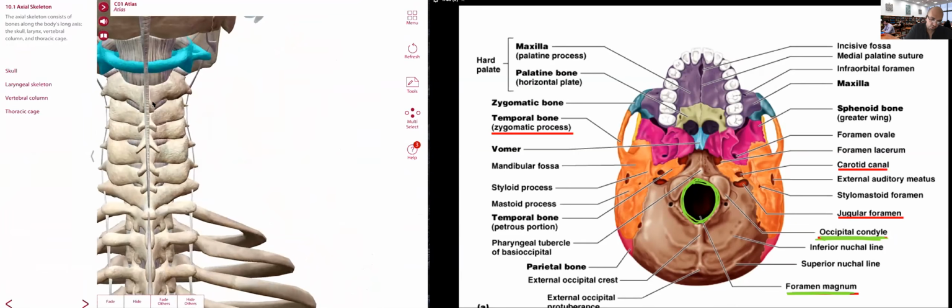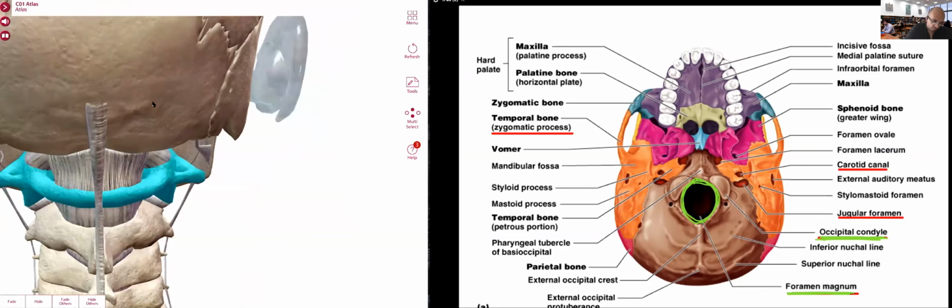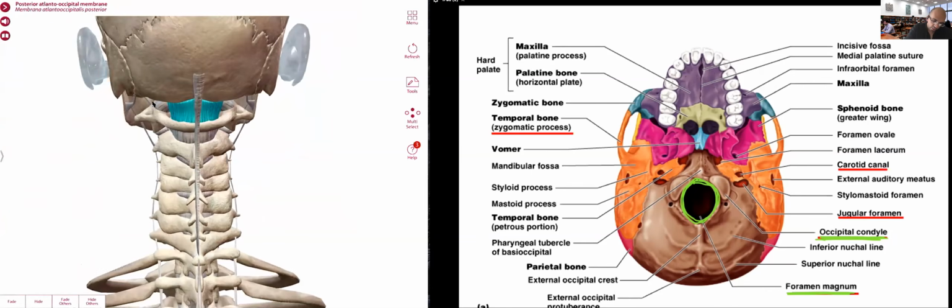So if you want to see the articulation between the occipital condyles and C1,